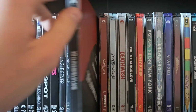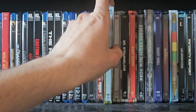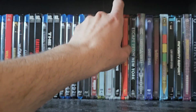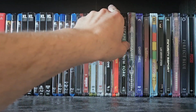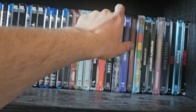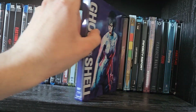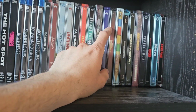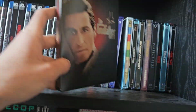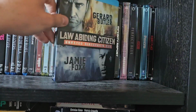And finally, we get to the last bit of my collection, my steelbooks. We got 10 Cloverfield Lane, Almost Famous on 4K, one of my favorites. Dances with Wolves, Death Wish, Doctor Strangelove, Easy Rider, Escape from New York, Ghost in the Shell, the original, and the live-action remake. I actually still haven't watched the live-action remake yet. Not that I'm in a big rush to see it, but yeah. The Godfather Part 2, my favorite one in the trilogy, Heathers, Law-Abiding Citizen,